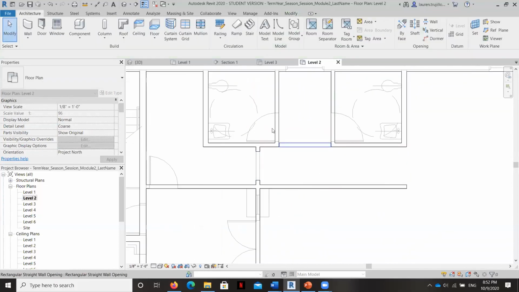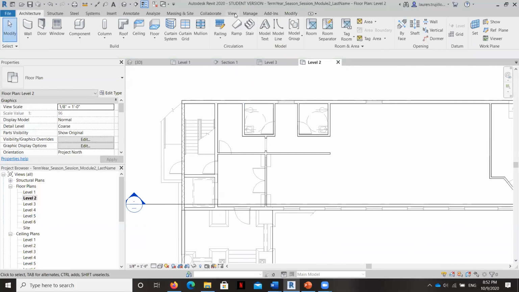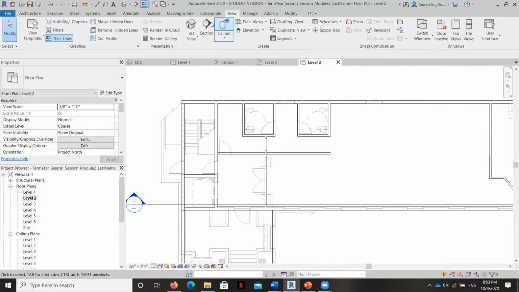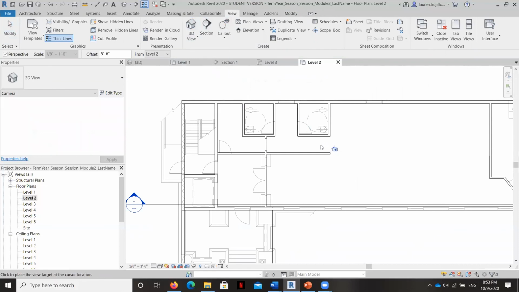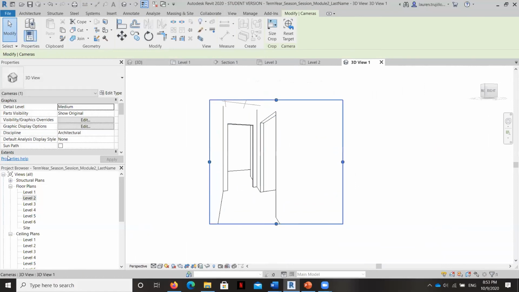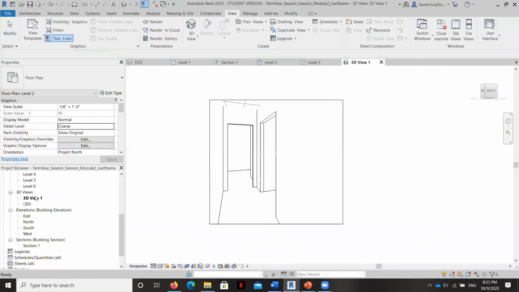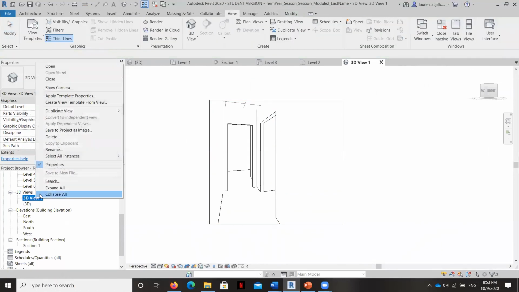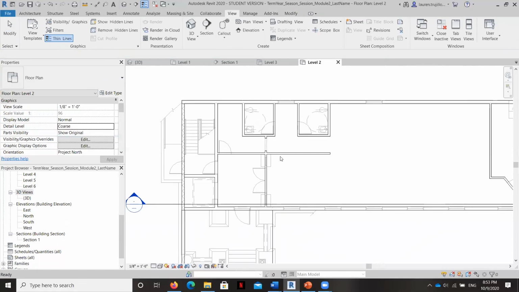Okay. And so if you want to take a quick look at what that will look like, go to View. We're going to go to 3D View and Camera. Click once, click twice, and then that's what they look like. Be careful doing what I just did. There's nothing wrong with it, except that it'll create a bunch of 3D views here that you're not going to need because it'll kind of junk up your project browser. So I'm going to go ahead and delete that, but I wanted to at least show you what that looks like.